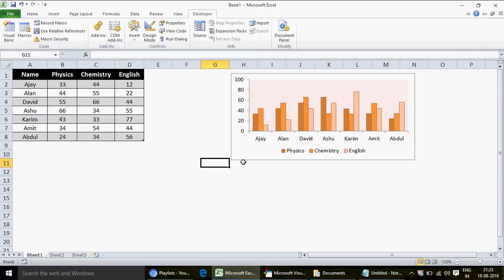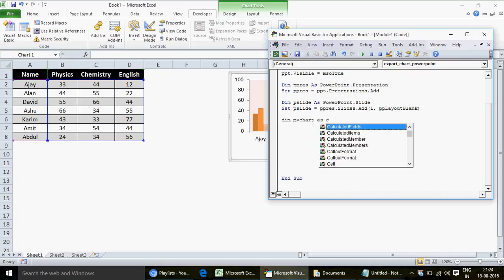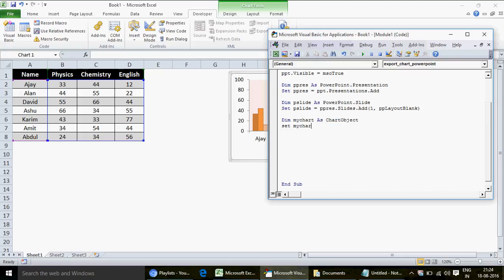The chart which we have created, if you select that chart, you would see that the chart name is Chart 1, right? So we are going to define this here. This is how we define it. You are supposed to write Dim, and give it any name. Let's say I'm going to give it the name myChart. Dim myChart as, then you define it as ChartObject,